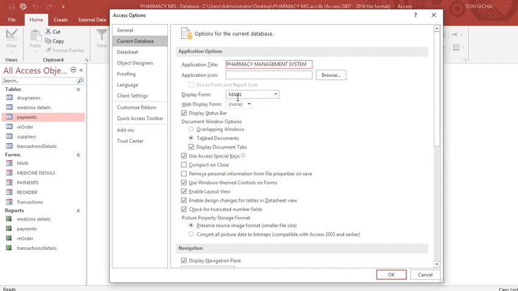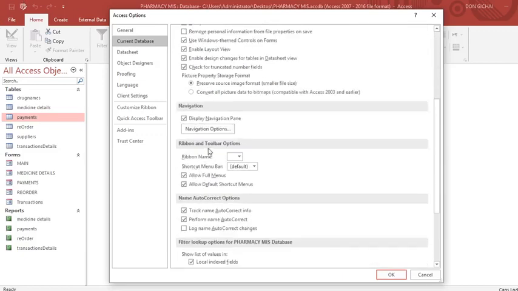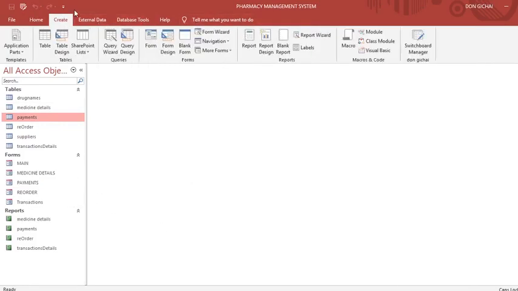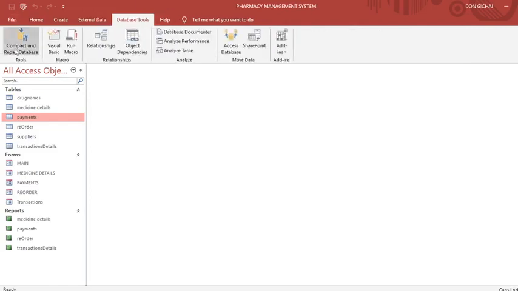Then I need to choose this one here. Then from there, display navigation, you remove that. You also remove allow full menus. You can remove allow full menus and that one. Then I can create my button here to launch this one, which is not so much necessary if you actually have the main form,